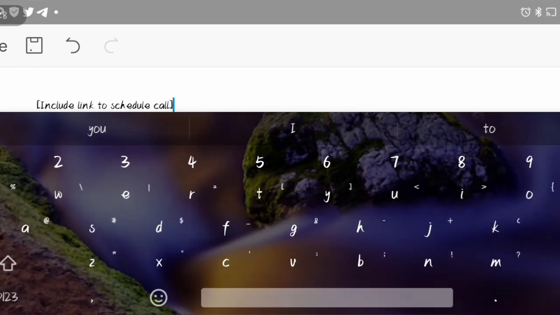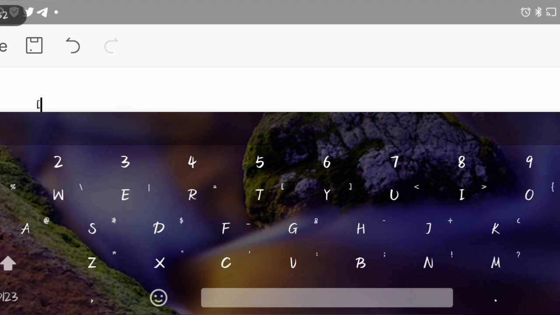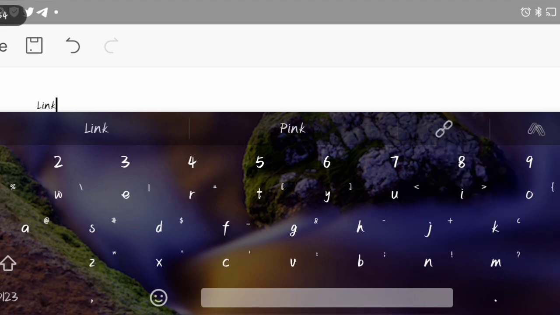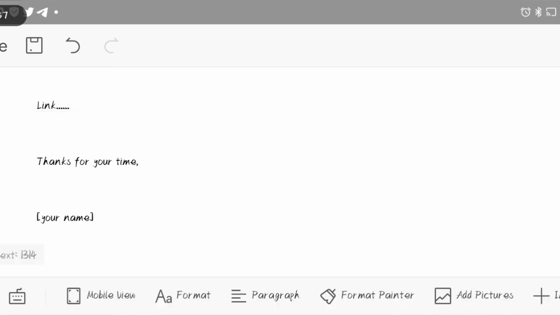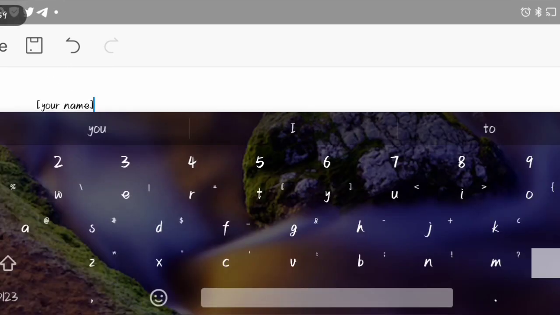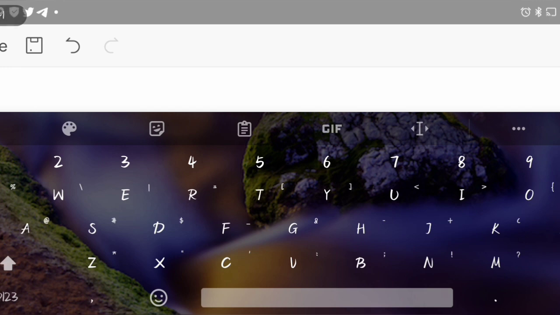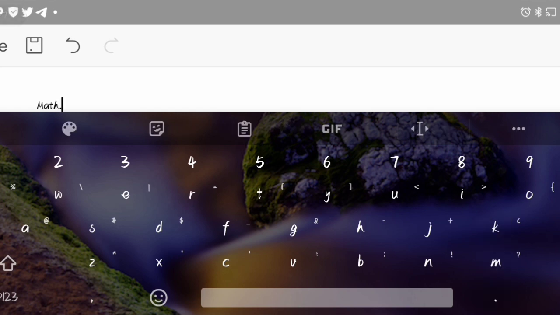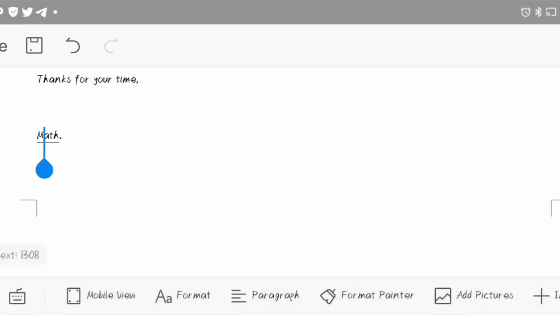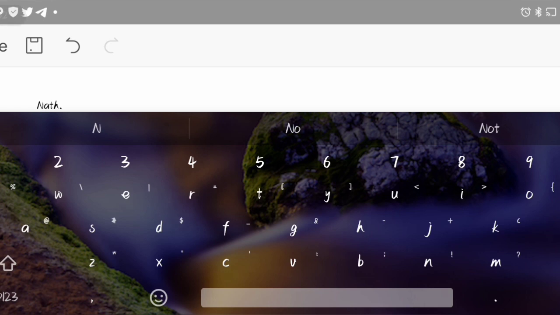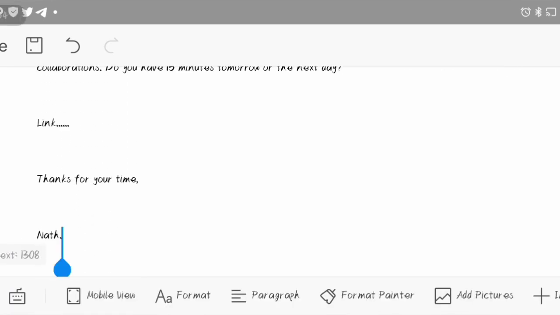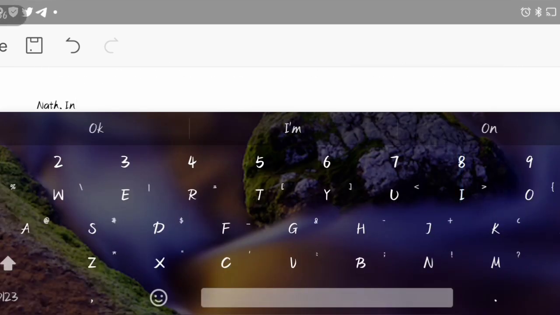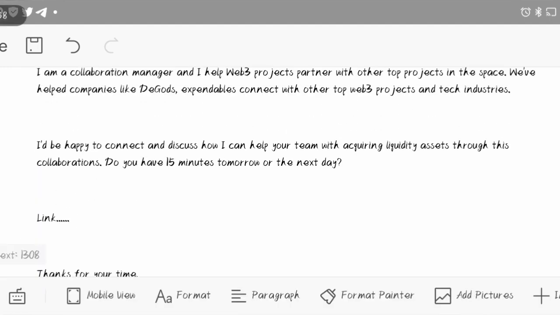And then you include a link, like maybe a link where they can schedule a meeting with you, how they can reach you. So you include the link there, and then thanks for your time, and then you put your name. Maybe let's say your name is Nat, you can say Nat, or maybe me, Web3 or something like that. Yeah. So once you're done like that, you copy this whole template and you send it across to the project